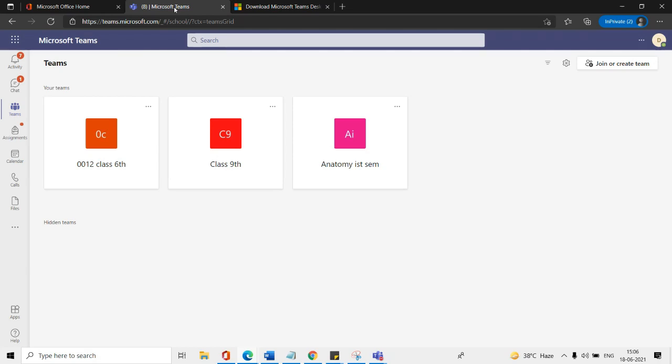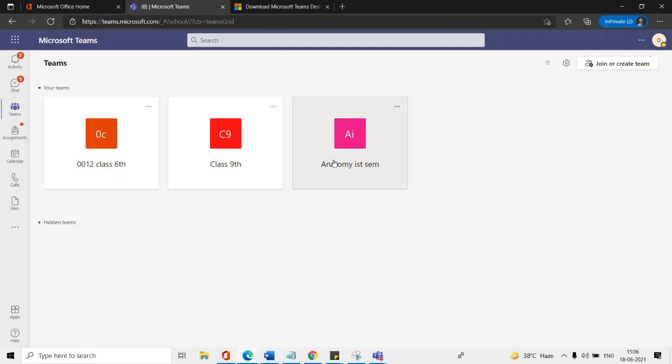Once you log in to Microsoft Teams, you will get this kind of screen where you can find all the classes created for you by your faculty to share lectures, meeting invites and homework. All this you will get in this particular class, right? So I am showing one by one a very basic thing which you can perform in your class.